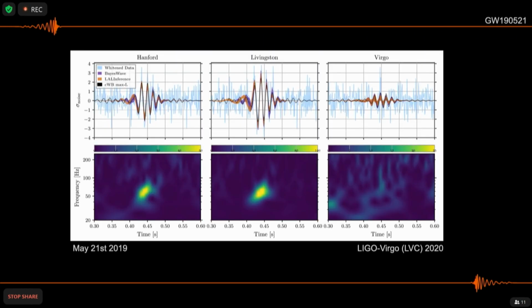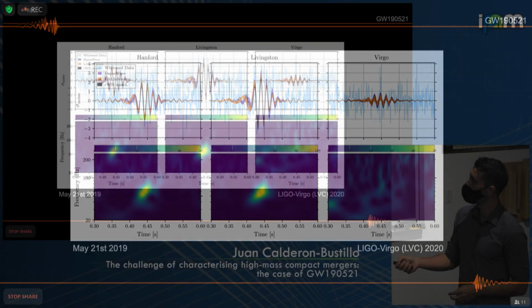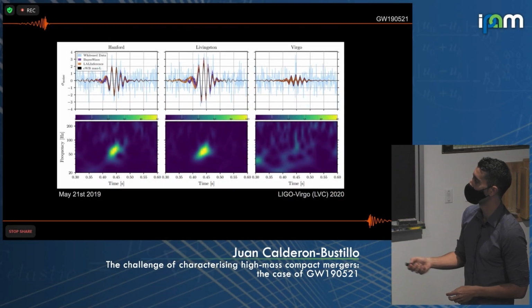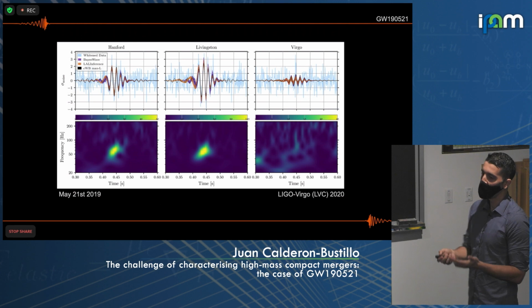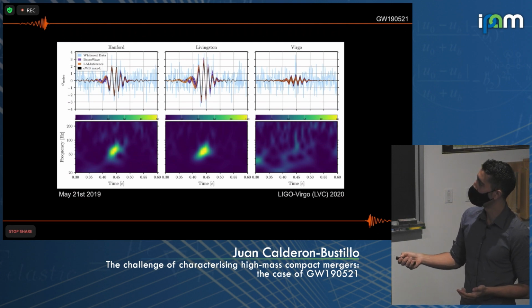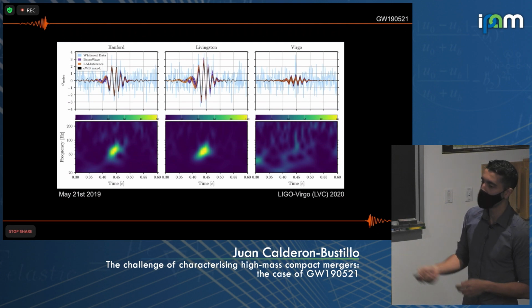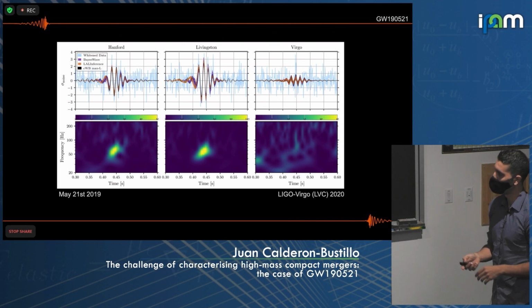But then we get an event like this, for which you see, in principle, a merger, a ringdown, and not much more. And then there's going to be, in principle, a huge degeneracy in the kind of sources that can end up in this signal, or that can represent this signal. Basically, any type of source that can give you the right black hole with the right ringdown and something else is going to fit this data.